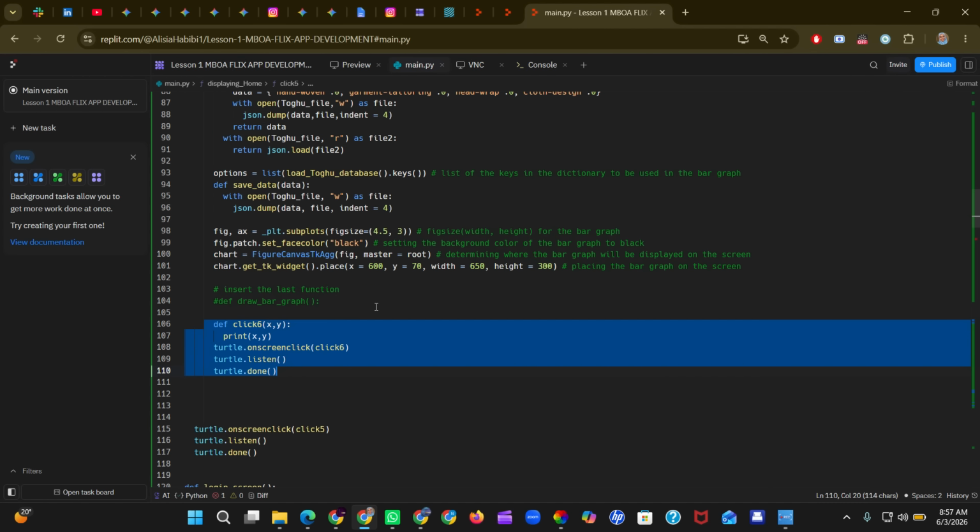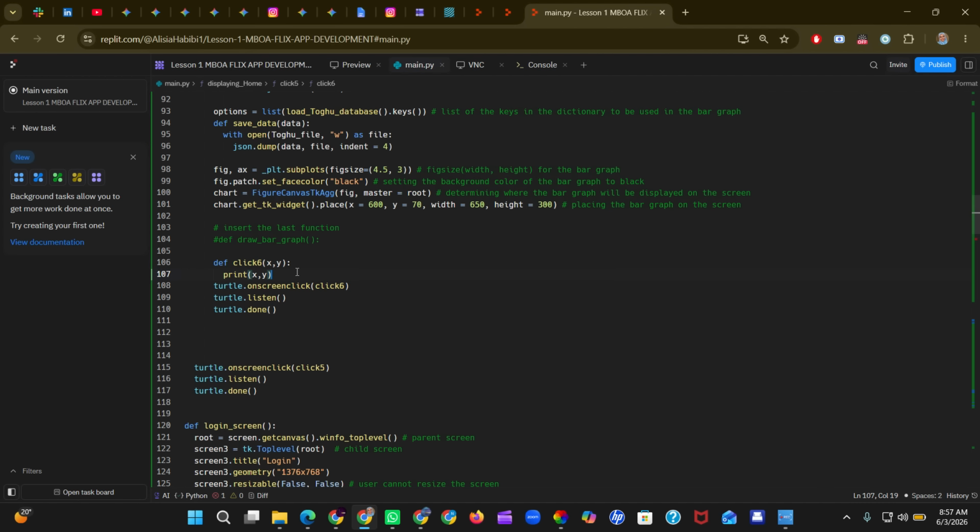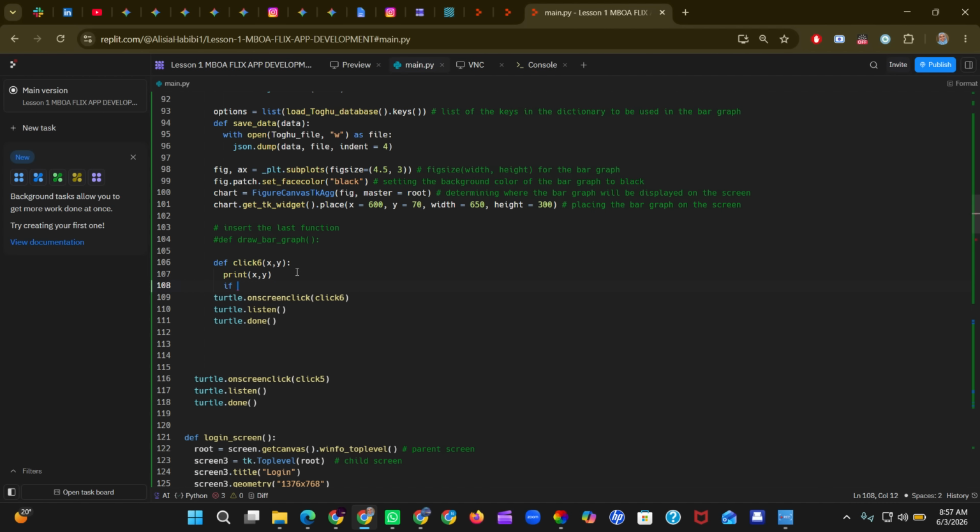So I'm going to go back. Let's put that here as a comment. So we'll say if x is greater than or equal to, remember that we actually don't need this click function. I'm just putting this for storage purposes and references, but we are not going to need the click function. We just need the coordinates. So if x is greater than or equal to,